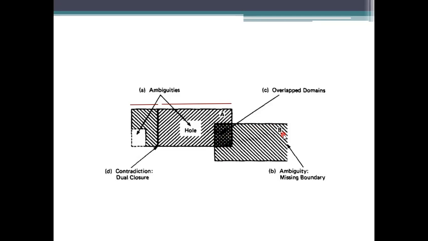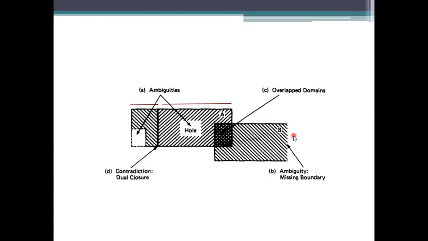And what are the ambiguities we are specifying? Ambiguity means missing the values here. Missing the in-between values can be specified as an ambiguity, and missing the boundary can be specified as an ambiguity also. So we should know from where it is starting and where it is ending. What is the end point? We should know here.